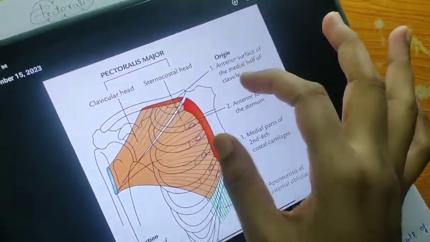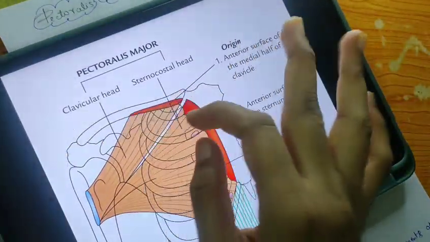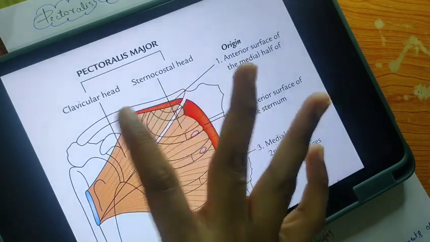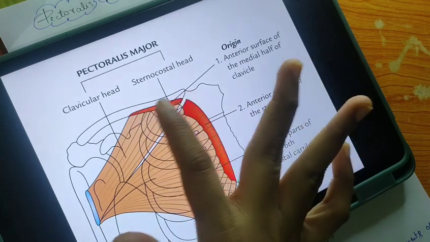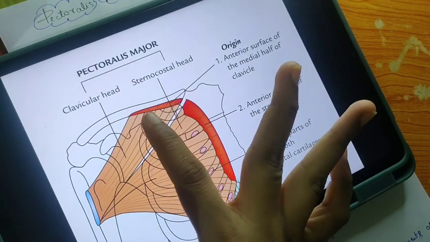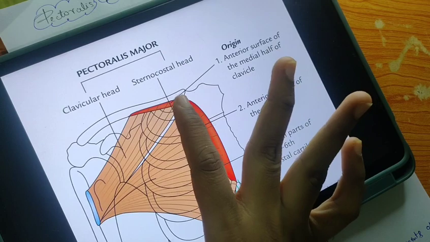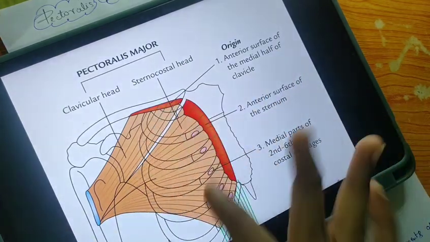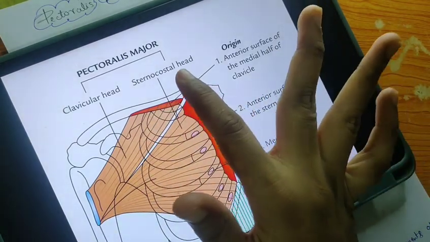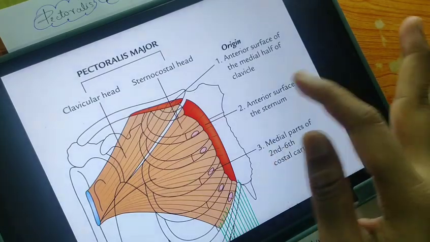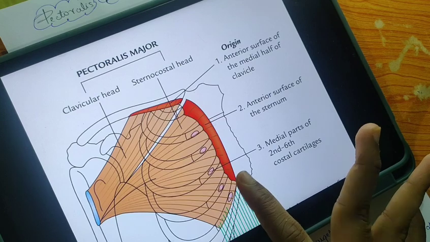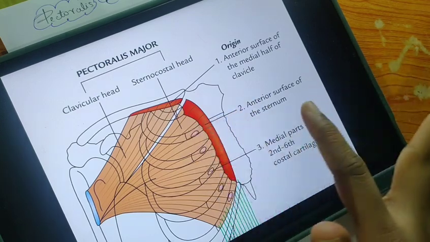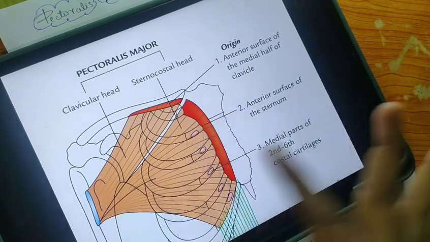Clavicular head: this is the clavicle. If we divide the clavicle into two parts, this is the medial side of the clavicle and this is the lateral side. It takes origin from the medial half of the clavicle, that is the superior surface of the clavicle. The other head, the sternal head, takes origin from the lateral half of the sternum bone, that is the anterior surface of the sternum, and then